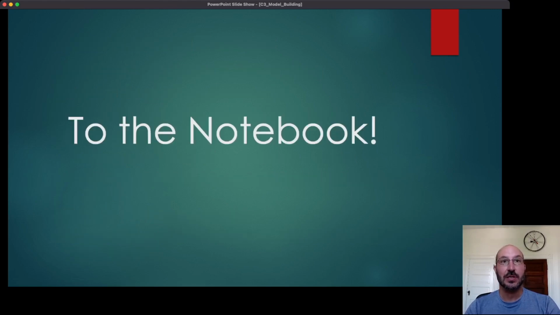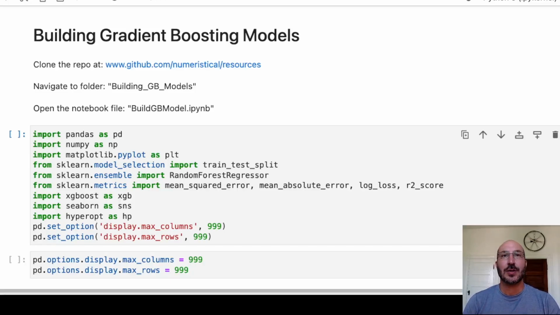Okay, so next we're going to go into a notebook and we're going to really dive into showing these steps on a real data set. So we're going to go through a notebook now, where we're going to actually open up a data set and play with it and kind of go through this process as if we were building a model using this process. So to get started, if you could clone the repo at the address I have here,